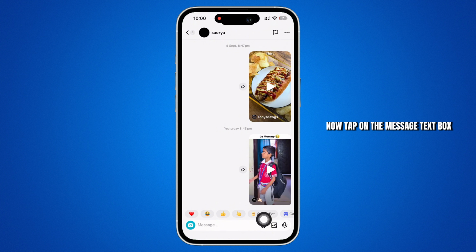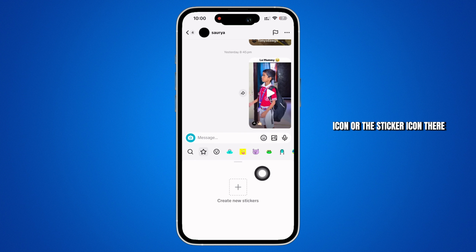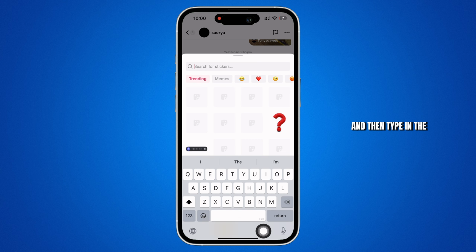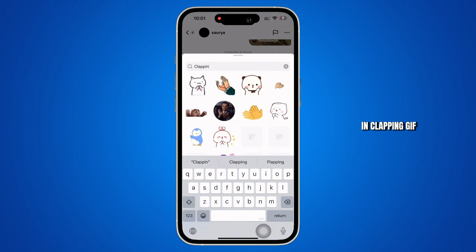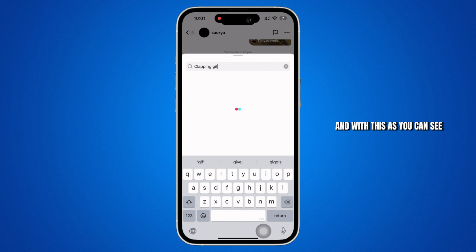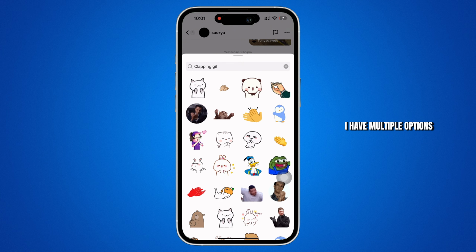Now, tap on the message text box and you will see the GIF icon or the sticker icon there. Tap on it. Further, tap on the search bar you see there and then type in the GIF that you want. For instance, I will type in clapping GIF, and with this, as you can see, I have multiple options